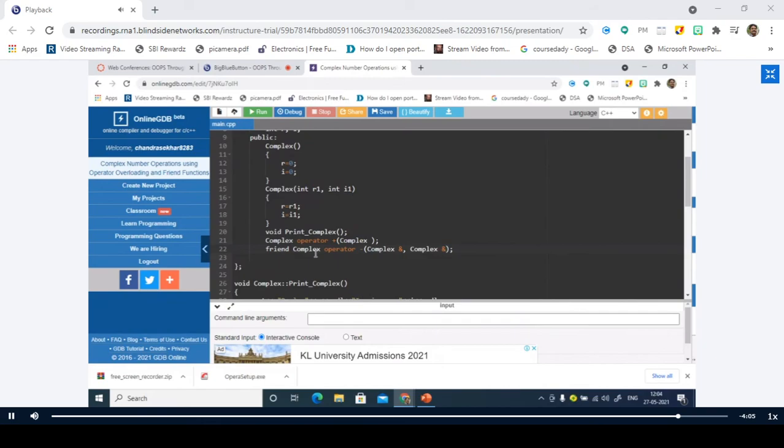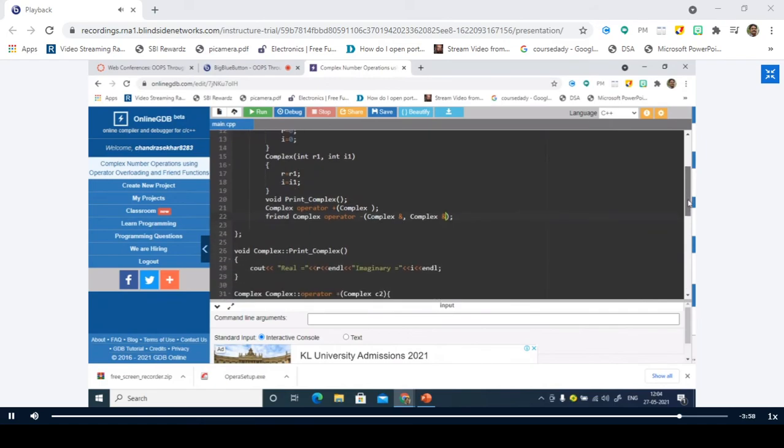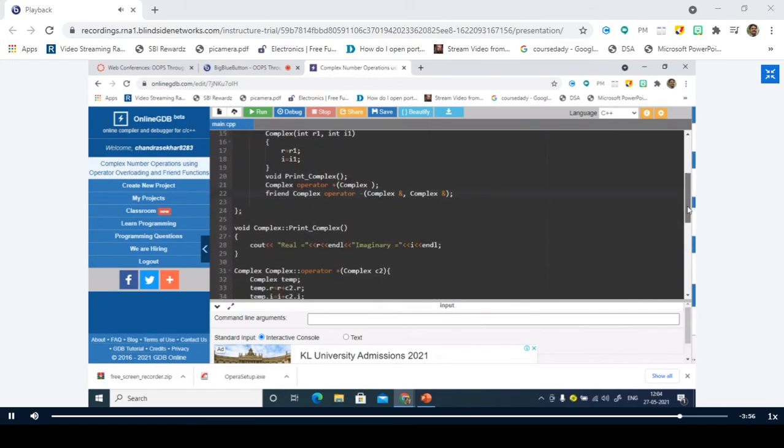Since the friend function is not a member function of the class, you cannot tell the compiler that this friend function belongs to this class. Therefore, you may not use the class name followed by the scope resolution operator.